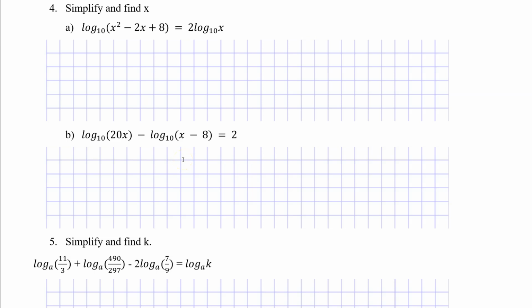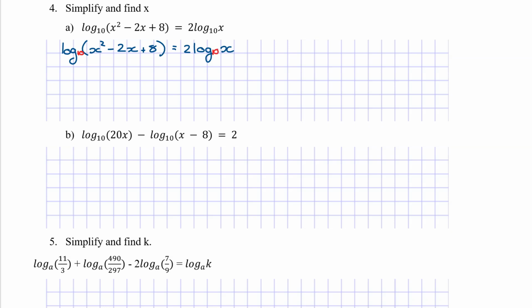So jumping into 4a, notice that we've got log base 10 of x squared minus 2x plus 8, and it's equal to 2 log base 10 of x. And it wants us to simplify and then solve for x. So what you'll notice about this particular logarithm is it's log base 10. So I can rewrite it without the 10 in there,